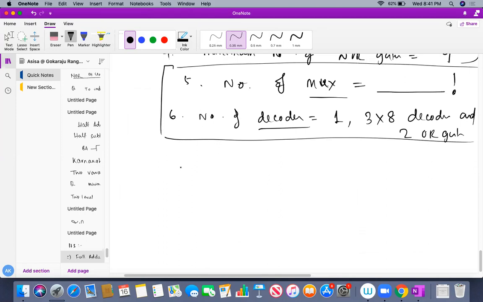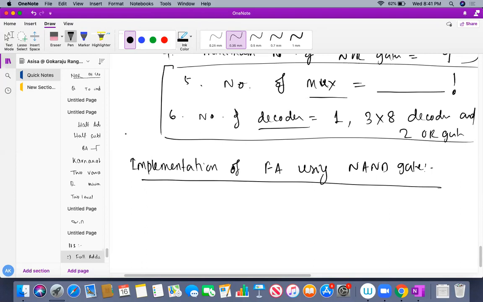Okay. So see here what I am doing, implementation of a full adder using NAND gates only. So what to do? This is also very important, students. How to implement? As we know, what is my sum, students? My sum is nothing else but A XOR B XOR C. So this is nothing else but two 2-input XORs. Am I correct?